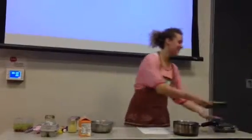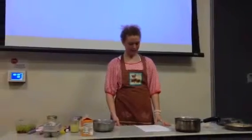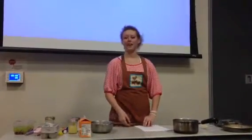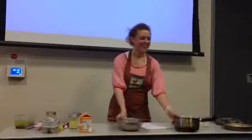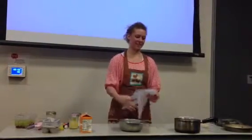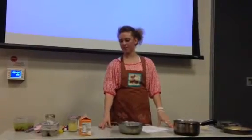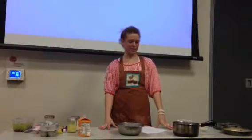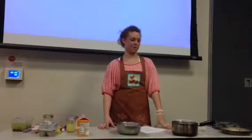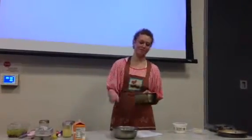And then the next part is the custard part. So for this, you need a double boiler, which is a pot and a pan. And what you need to make the custard is heavy whipping cream, 3 tablespoons of sugar, 2 egg yolks, so you have to separate the eggs from the egg whites, and a teaspoon of vanilla and a tablespoon of cornstarch. So first what you do is you take your double boiler and you fill it up with water,